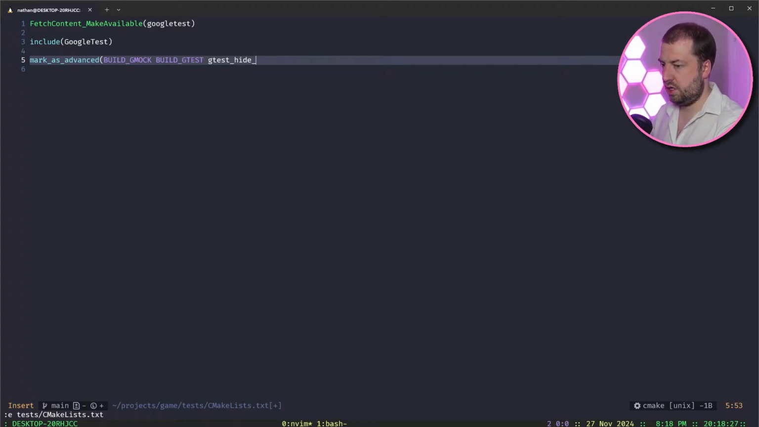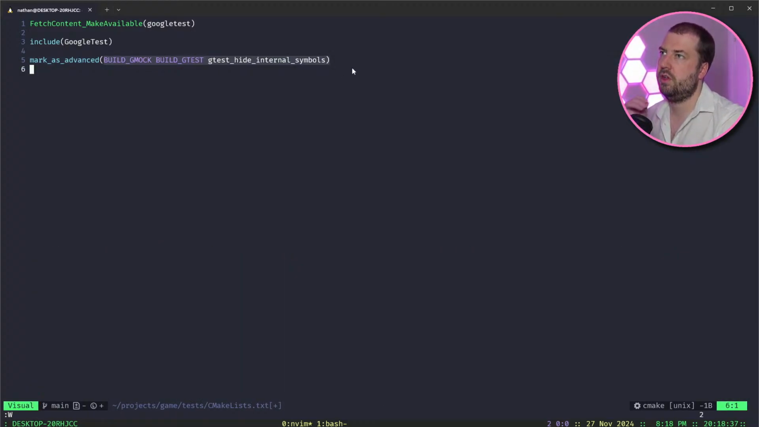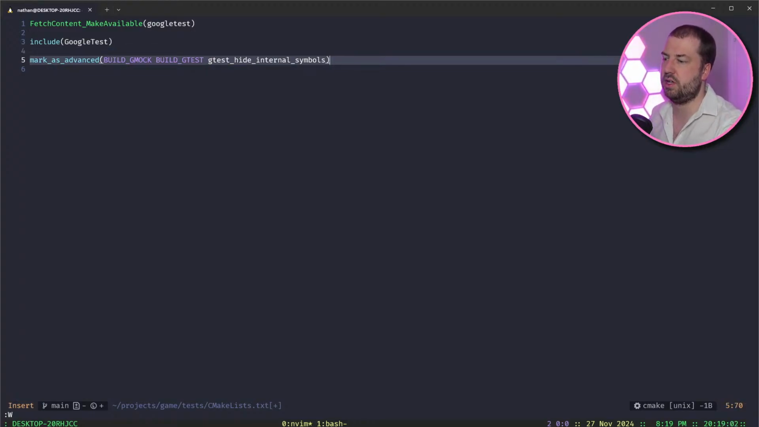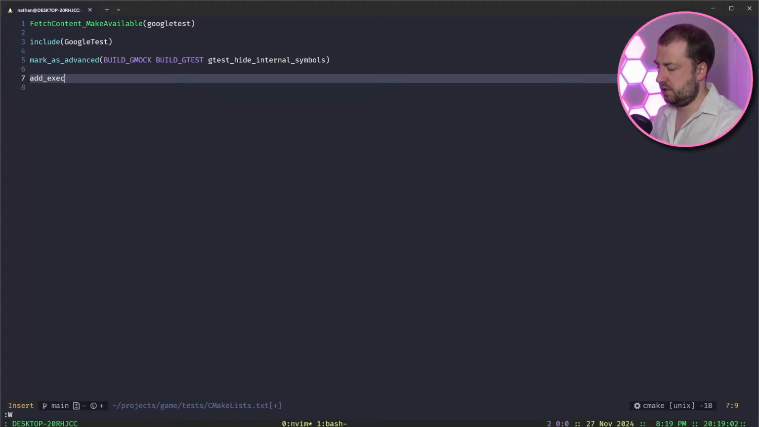Gtest hide internal symbols. This just prevents you from exporting any of the internal stuff for Gtest, which kind of helps with autocomplete. It means your toolchain is less likely to report errors inside Google's code, and if you are packaging it up into a final product, it won't ship a load of the Google test stuff with it. It's more important for libraries, but this is one of the things I tend to include out of habit. Add executable,